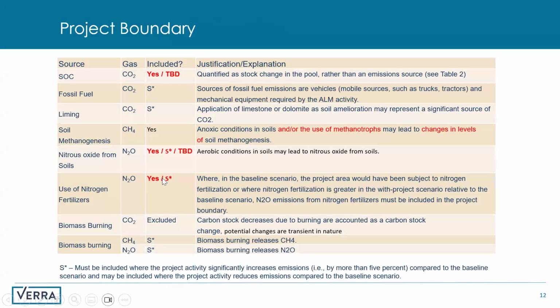Excellent, thank you. So I won't read this line by line. There's quite a bit of content here, but this matches the typical layout that we see in the VCS methodologies. There's always going to be a table which highlights all of the key sources and greenhouse gases that are addressed. So here we can see in the middle, methanogenesis. Methane is expected to be the largest source of greenhouse gas here. So that'll be the same.